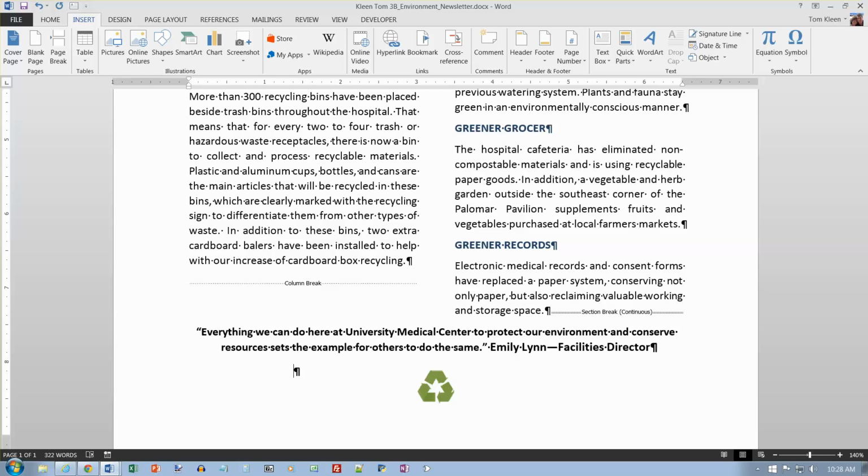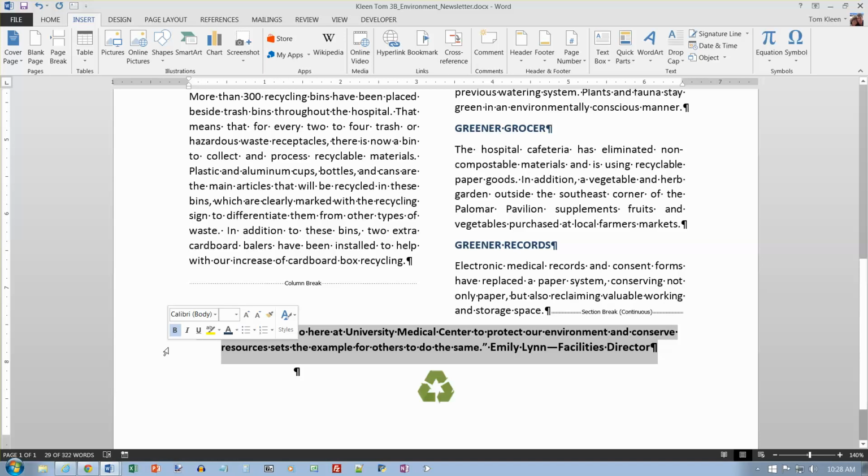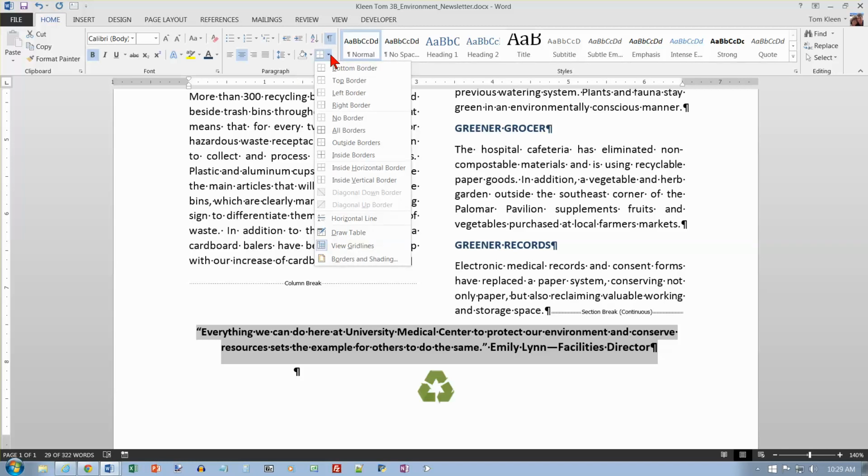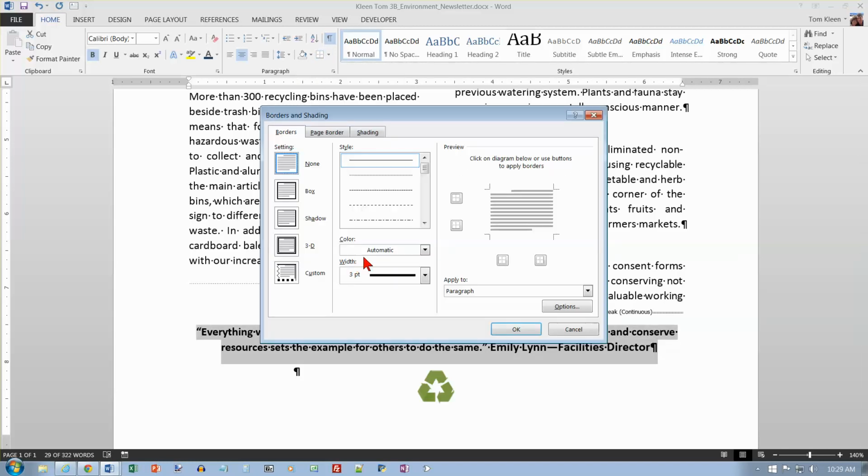Okay, now we're on page 267. We're going to add borders to a paragraph, and we're going to put in a line break. So I want to select the last two lines here, and I want to go to the Home tab, to the paragraph group, and go to Borders, and do Borders and Shading here so I can do some customizing. And in the Borders and Shading box, we want to go to the Borders tab, and I want to do a shadow, which will give me a little more over here on the right and the bottom,